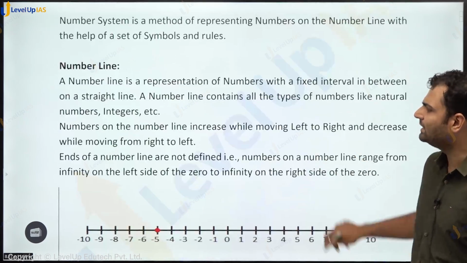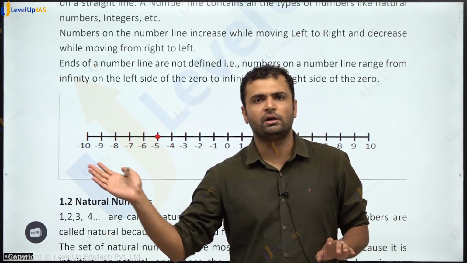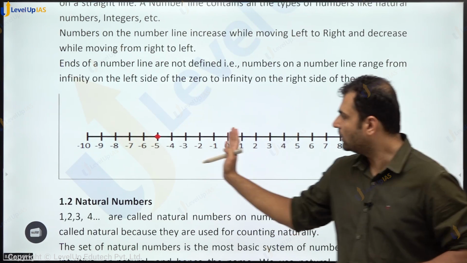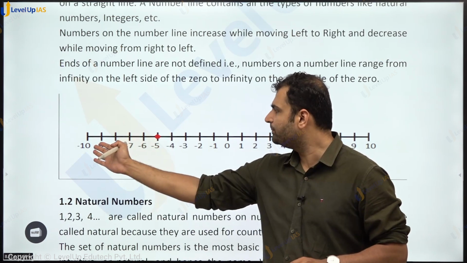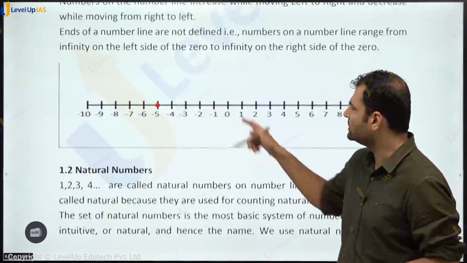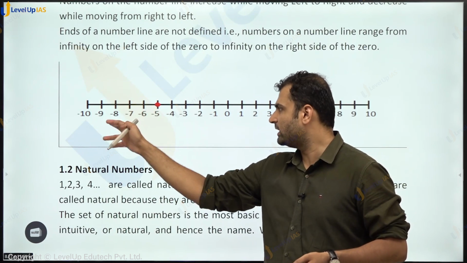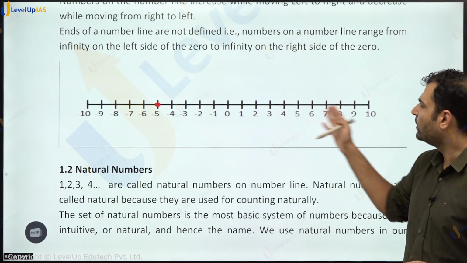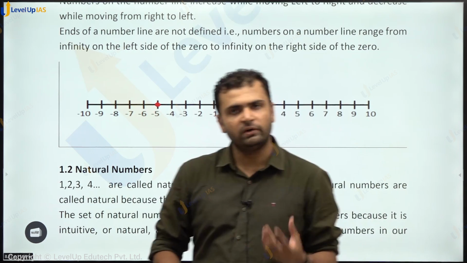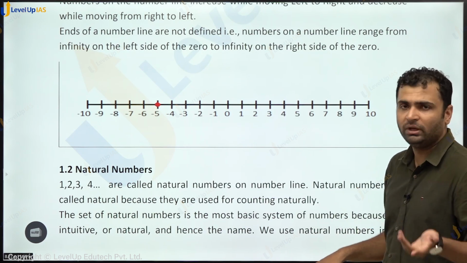But next thing, the number line. We are also very familiar with this number line, where all the real numbers are represented in a linear fashion. There is 0 in the middle. On the left hand side, we have negative numbers. On the right hand side, we have positive numbers, and 0 sits in the middle. And these represent integers like -9, -10, -8. These are all integers, and 1, 2, 3, 4, 7. These are also integers. And in between two integers, we have infinitely many rational and irrational numbers sitting there. We will understand what they mean.